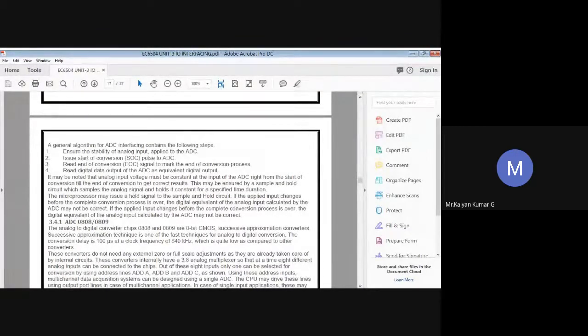Now, using the successive approximation method, we are going to generate digital signals. Now we'll see how we are going to generate the digital signal using this method. In the successive approximation method, the MSB, which we call the most significant bit, will be set to 1 and all other bits will be reset to 0. The analog signal generated for this digital data will then be compared with the given analog signal. Initially the comparator output is going to be high because the MSB is set high.